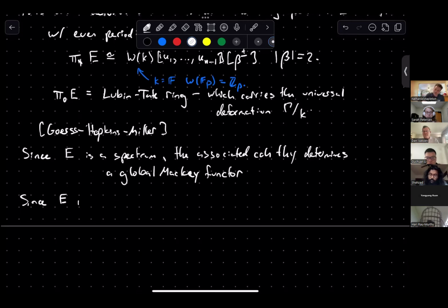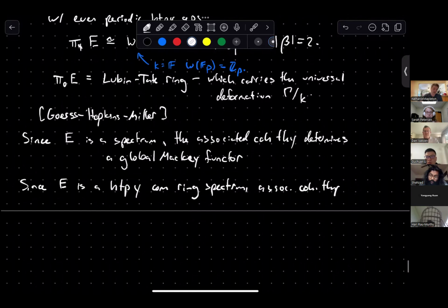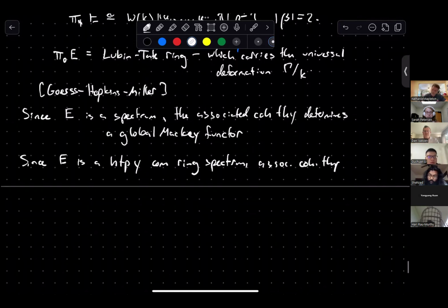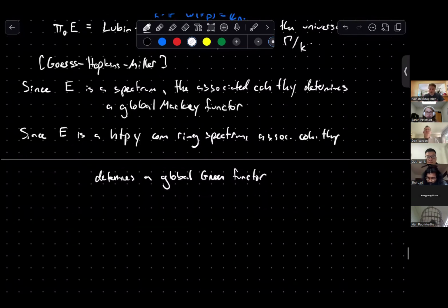Since E is a homotopy commutative ring spectrum, the associated cohomology theory actually determines a global Green functor when I consider its values on finite groups. So I get commutative rings out when I consider the value on BG. And I have Frobenius reciprocity, and the restriction maps have to be ring maps. But more,